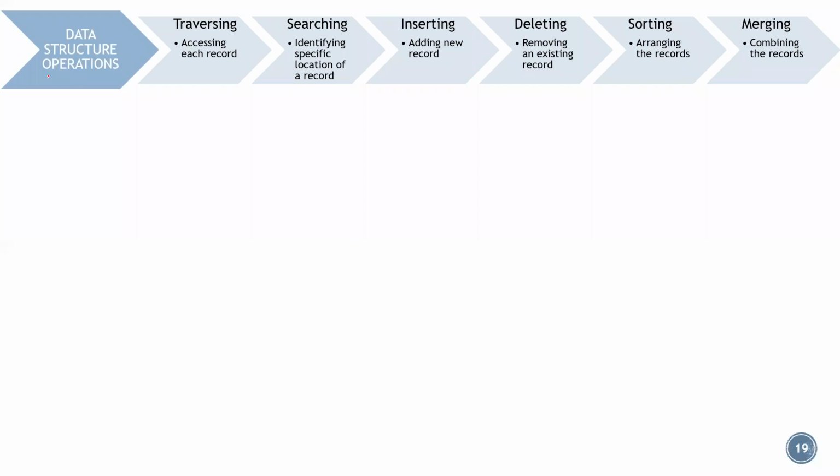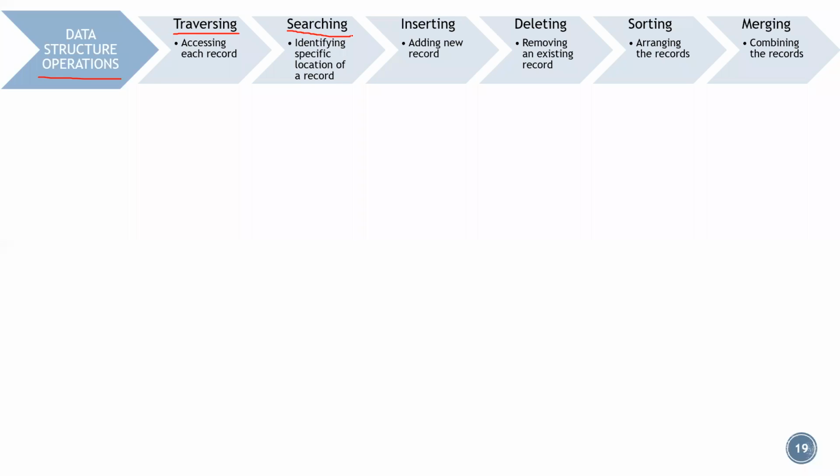Now what are the operations which we can perform on the data structures we have discussed? We can traverse through a data structure. That is, if I want to access a particular record in the data structure, I can traverse through the data structure and see whether that is present or not, or I can access that information. Say I want the information of a student whose roll number is 1. If that data structure is available with me, I can traverse through that and obtain all the information pertaining to that student. Then all the records I can access.